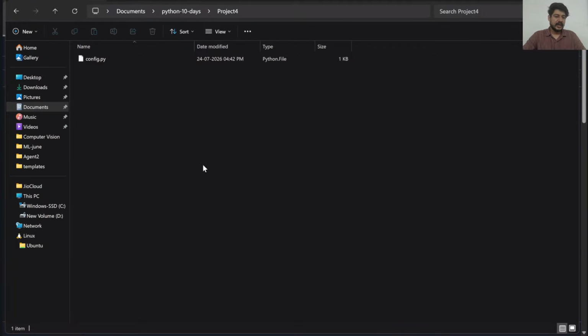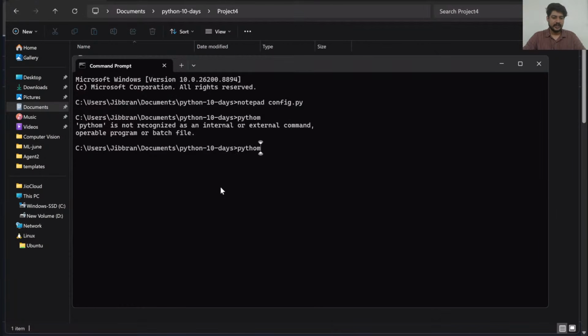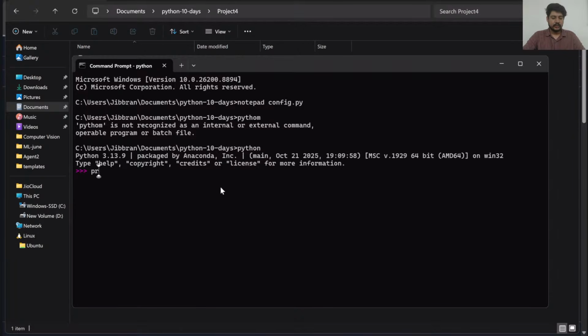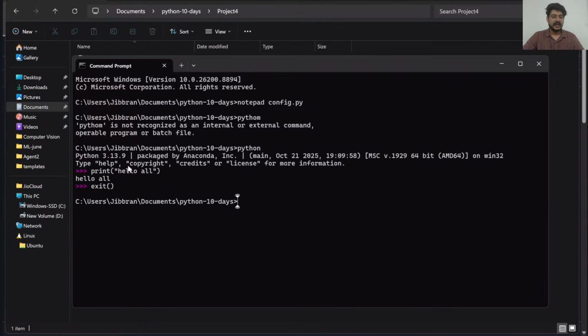For example, I'm creating one file here, or for example, in the terminal, you want to run it, right? So I will type python. You can get a Python interpreter on your terminal also. It's python, enter. Whatever Python code you know, for example, print hello, it will run it, right? In fact, I want to come out of this Python interpreter. So I can type the exit function and it will close this entire Python interpreter. So we can run this interpreter technically on the command prompt as well if you want to run it, right?